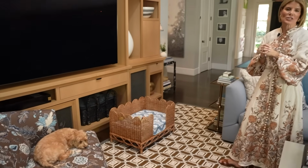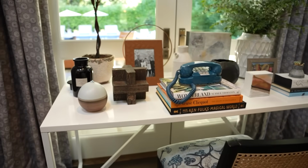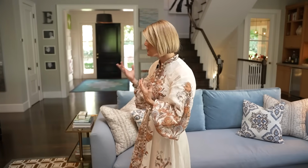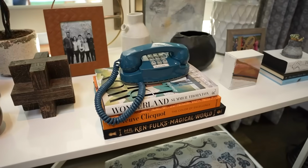I get a lot of inspiration from various hostesses and entertainers, and so I love when they have something that works in my space. This is also a room that is just filled with layers. I love collecting, and I have different surfaces, different side tables that I've collected over the years. I've got this desk that I've turned into a little display of some of my favorites, a phone that has my phone number from New Jersey growing up,